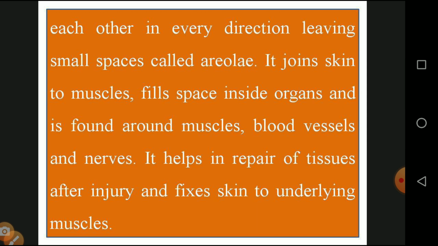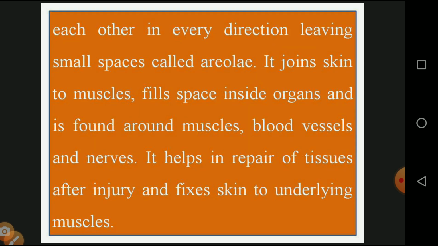So when we fall down, what will happen? Our body has some kind of injury, and from that, bleeding will start. Then after the recovery of this injury, a scar will be formed, and new tissues are formed by means of the underlying muscles. It's done by this type of tissue.